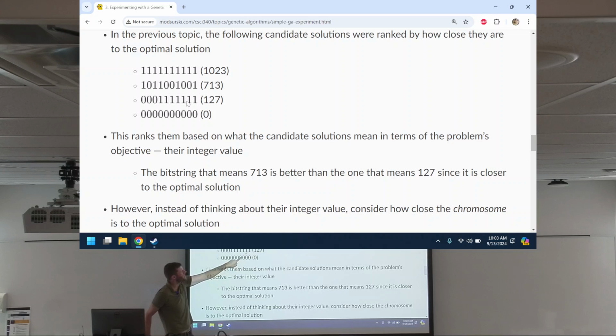But maybe counting the number of ones will help me get to the better solution in a better way. It's really changing how we're going to travel through the search space. The search space is all possible combinations of zeros and ones, and how is our algorithm going to move through that space to find the best solution?